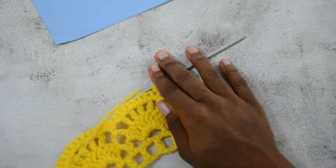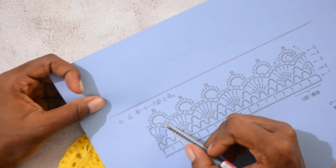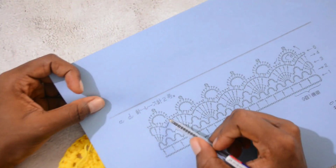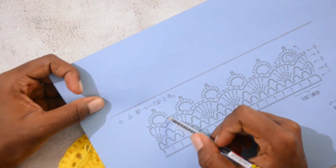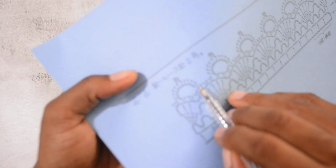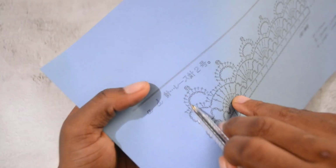Then I skip 5 single crochets, and in the next one I do a slip stitch to join that chain to the work, and I'm done with that now. So I'm just going back to the diagram to see what next I'm supposed to do. The next thing according to the diagram is to do a chain 1,